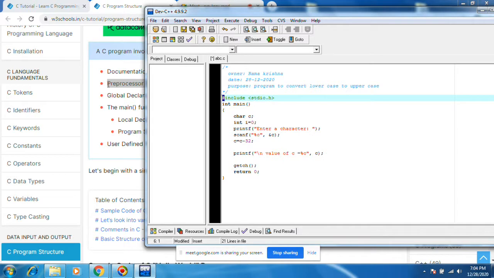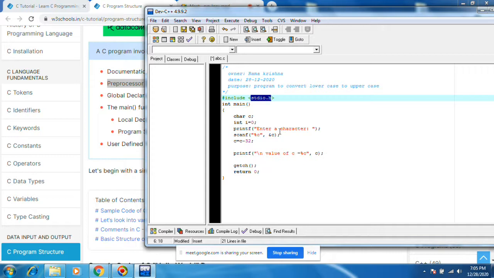Hash is nothing but the preprocessor. Include means whatever code is inside stdio.h, similar code will be included. What things are in this stdio.h? This printf, this scanf, this getch, all these functions will be in stdio.h.